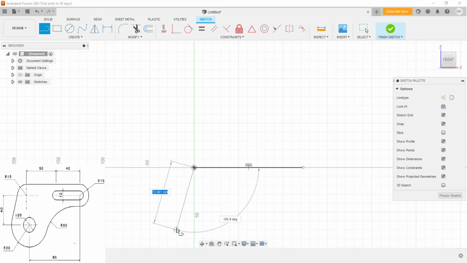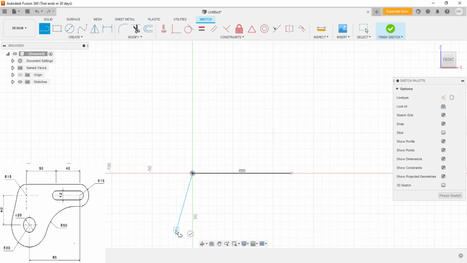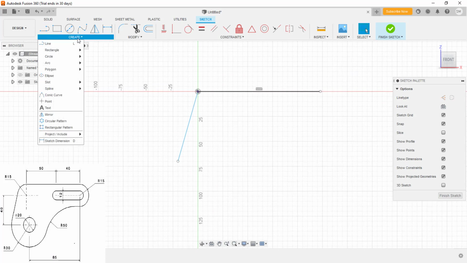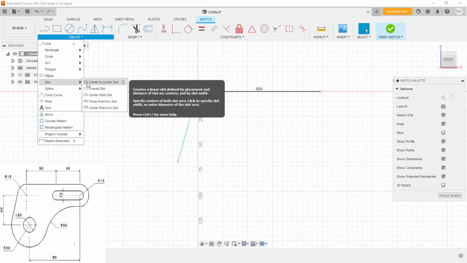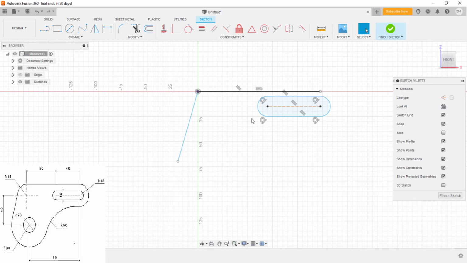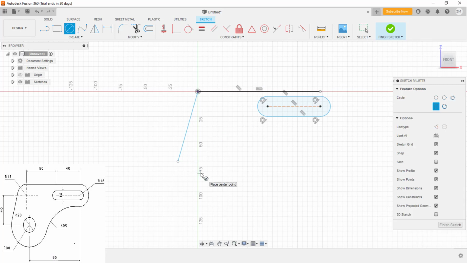Okay, from here I'll again draw the line, and the slot I need. You can just use a slot, and center slot you can select from here. Somewhere here I'll refer it and I'll create it now. Circles I need, one is here and one is from the center. Yep, so one more here